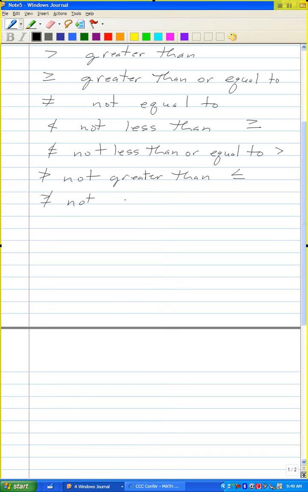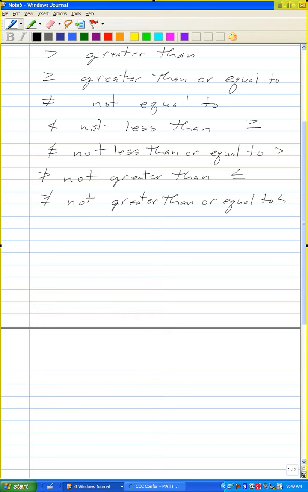Not greater than or equal to, same as less than. Okay, so again, let me give you the additive property of inequality, the multiplicative property